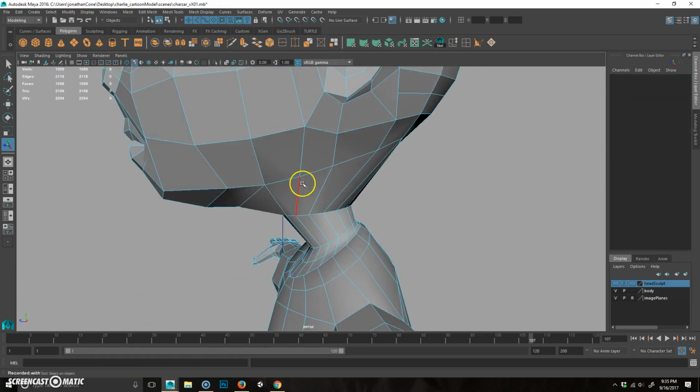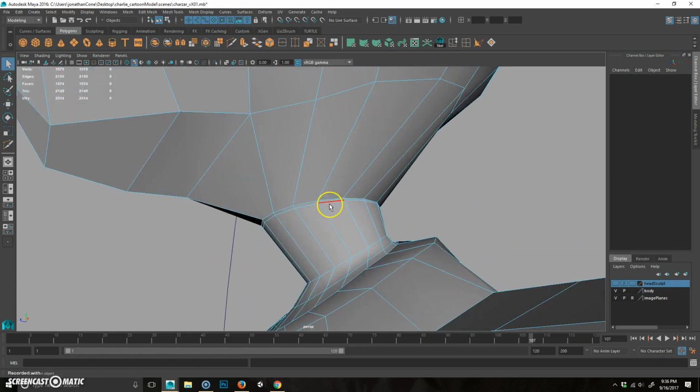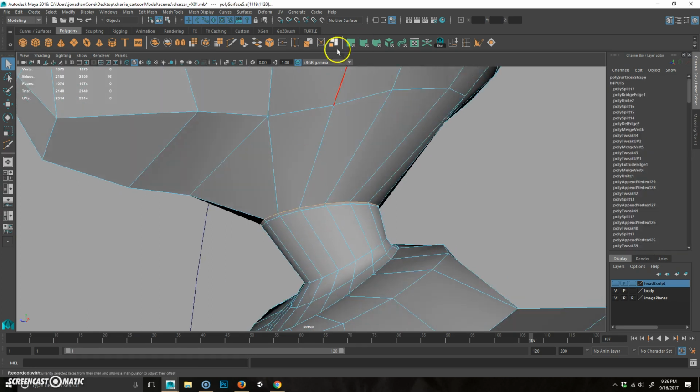So I'm going to go ahead and fix that real quick. I'm going to use the multi-cut tool. I'm going to hold Control, click and drag up kind of tight to that one. I'm going to hold, double click on this, and I'm going to use the Slide Edge